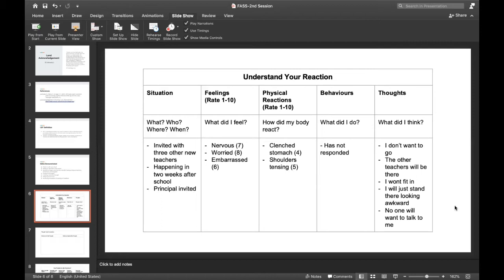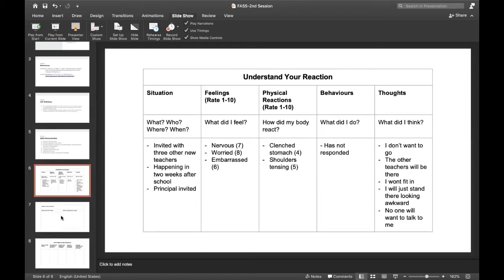Okay, can you explain the link among the 4 factors in your own words? Yeah, to me, it almost seems like a chain reaction. Once one thing happens, such as a feeling, the physical reactions, behaviors, and thoughts follow soon after. In the end, I realized this is all what makes me so anxious in these situations.